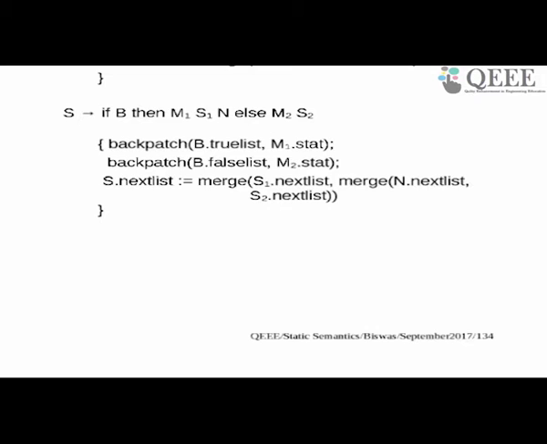Because B.true goes and does S1. Why do I need an M2 before S2? Because when B is false, I won't go to S2 otherwise. Why do I need this N? If I don't introduce something here, the control will go from S1 to S2, which is wrong. So I block it by using an extra non-terminal N, which forces a goto. So each of these non-terminals is necessitated by the rules of the semantics of if then else.